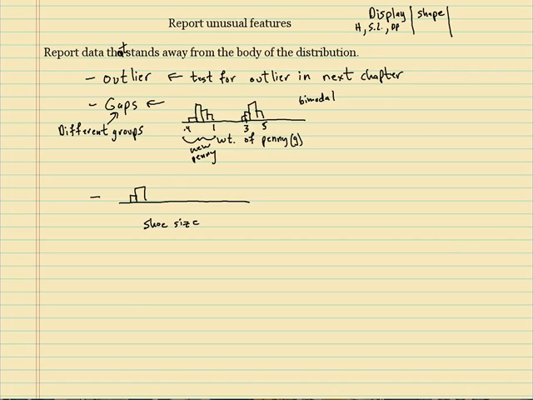shapes emerge. Let me do it like this. Okay, you'll see two different shapes emerge, which would mean these would kind of be for the girls and these would be for the guys. Okay, so you always want to make sure you talk about unusual features. You always want to report that stuff in a display when you're